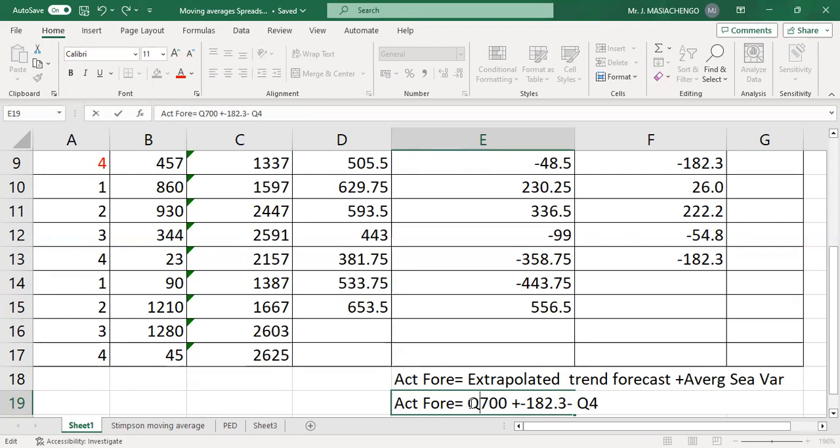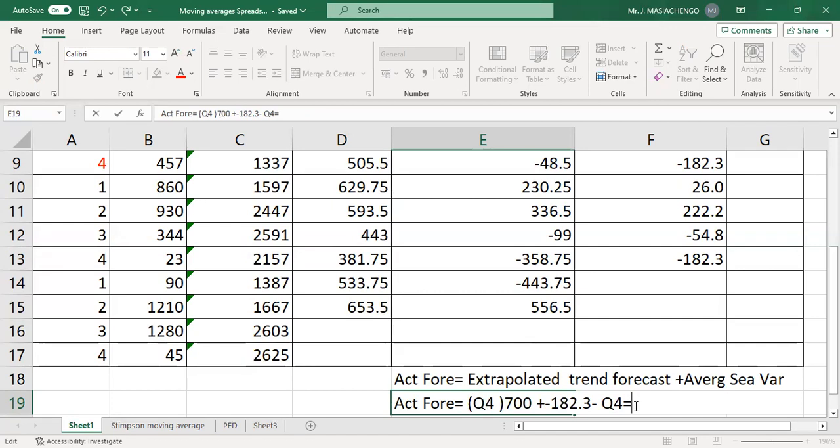The extrapolated forecast was 700. Let me put it in brackets so that I don't confuse you. Then we add the average seasonal variation, which was minus 183. Then our final answer is very simple in this case. We say 700 minus